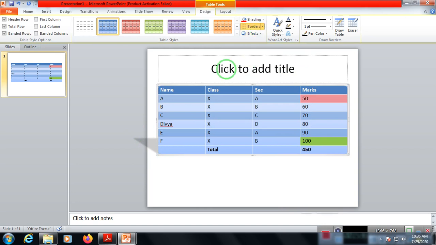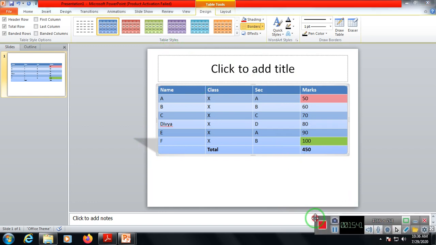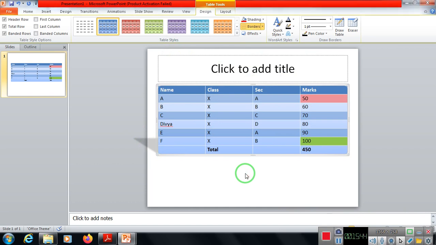Okay, so this is how we can use table styles for changing the style of your slide or of your table. Clear this thing? Okay, just try out all these things, and remember, it is not only a matter of trying the things. The main thing is just to remember what different things we can do with the table style options group and table styles group under the design tab. So just remember this thing.